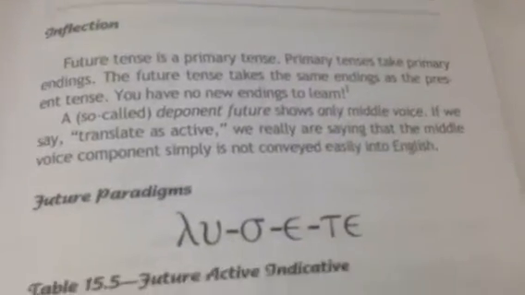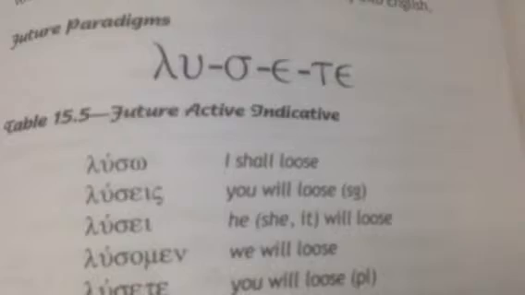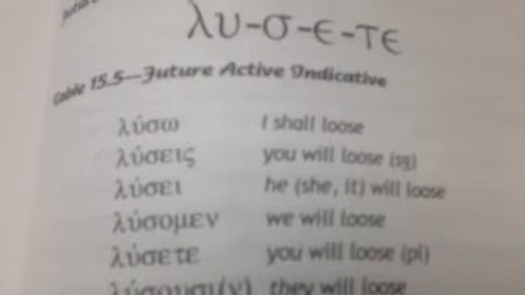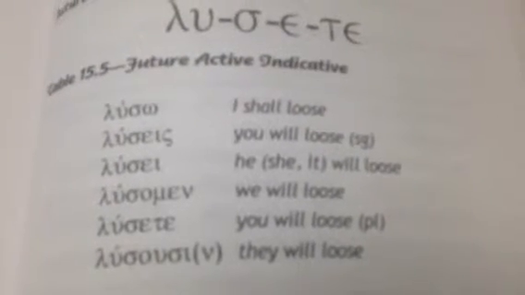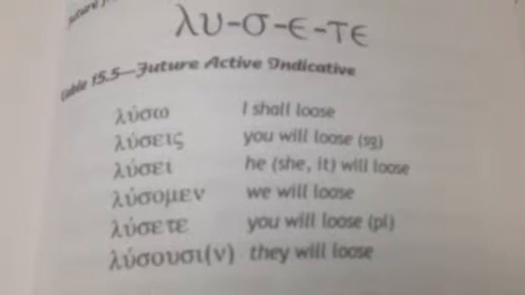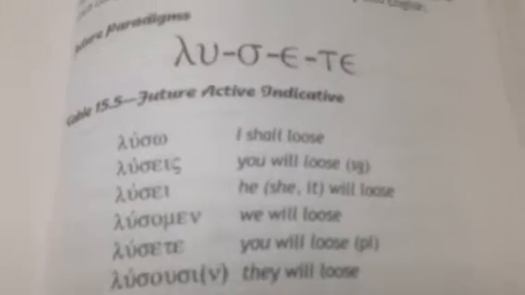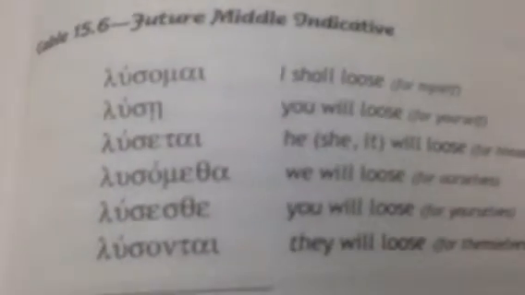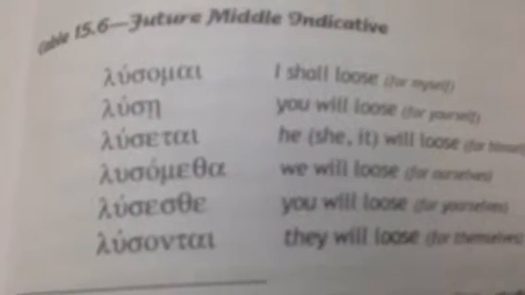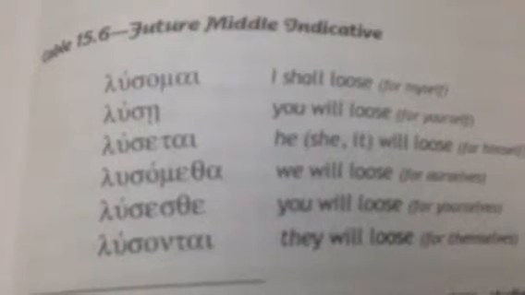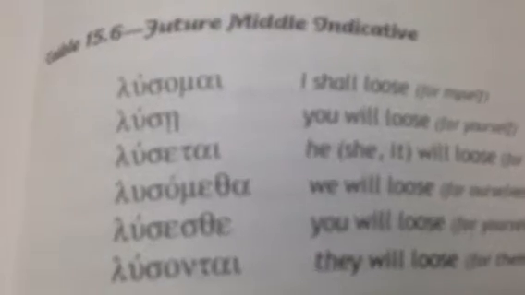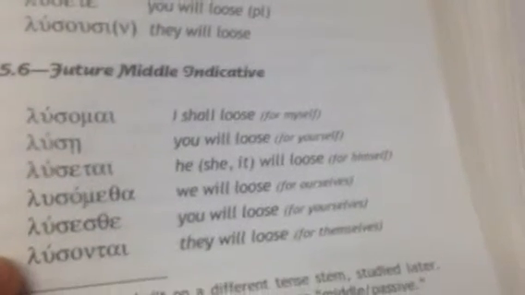So notice the paradigms here then. What you see up and down is that you get the sigma all the way through and your primary endings. So how do you make it future? You can add will, I will lose, or I shall, which is even a little bit more determined. You also have a middle in the future. So again, you add the tense suffix. Notice the very familiar thematic vowel there, O, E, O, and then your middle endings. Notice that the middle ending contracts in the second singular. You will lose. Because it's the middle, you always add for myself.